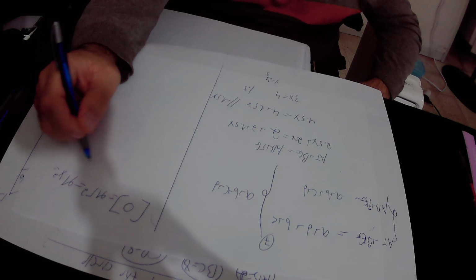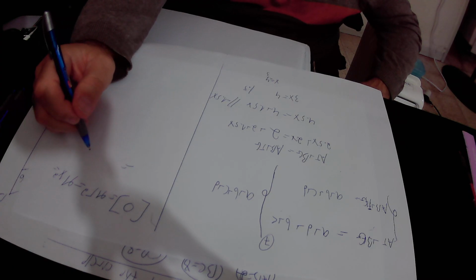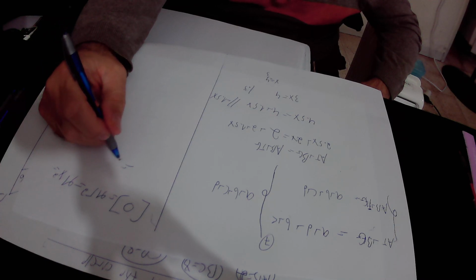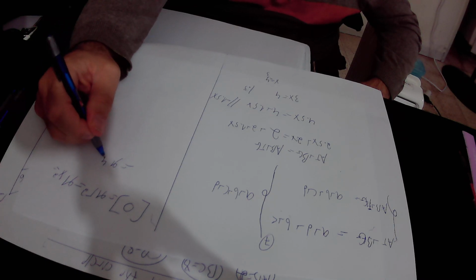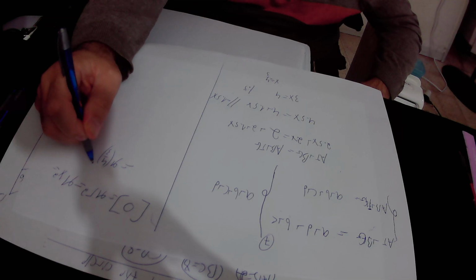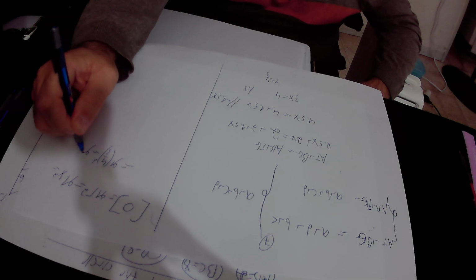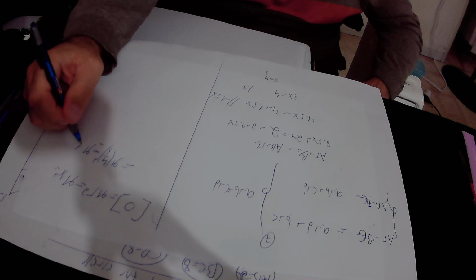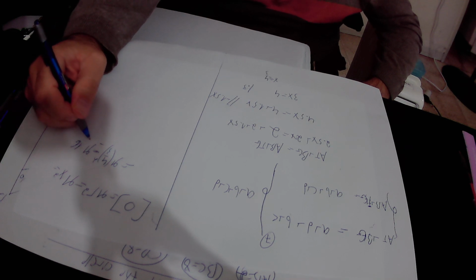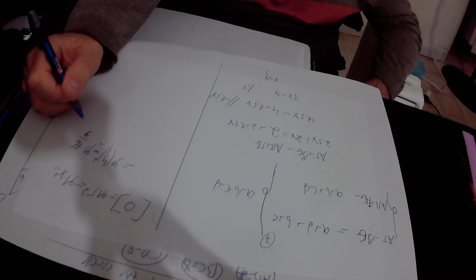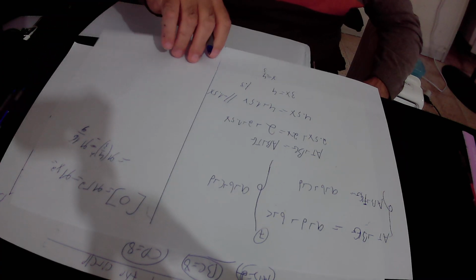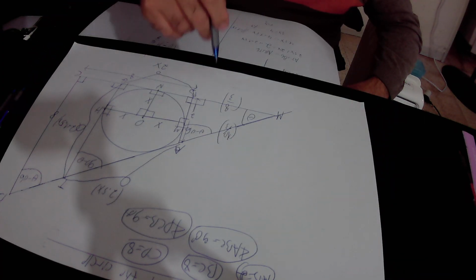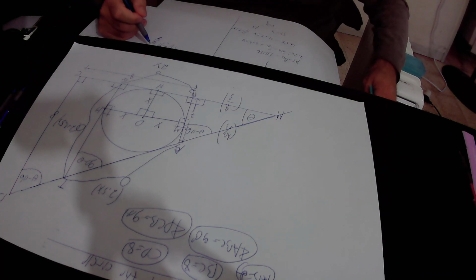We just found out that x equals 4 over 3, so it will be equal to pi times 4 over 3 squared. Pi times 4 over 3 squared equals 4 squared, that is 16, over 3 squared, that is 9. So in conclusion, we found out that the area of this circle is equal to 16 pi